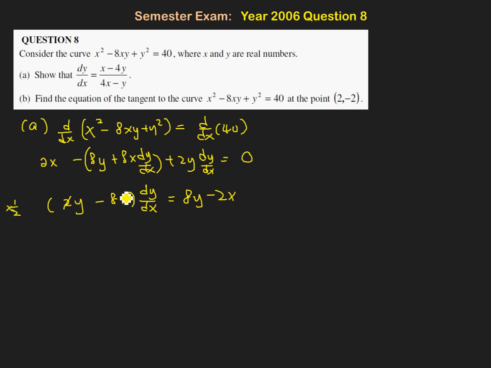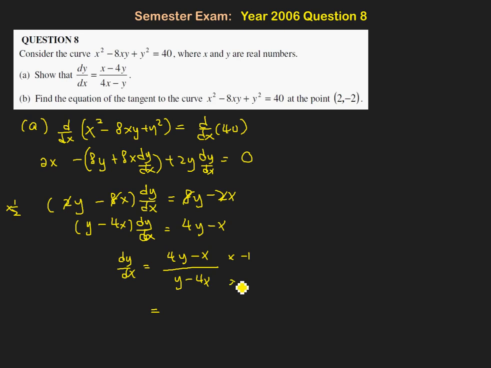You get this. And so finally, of course I can then multiply the numerator and denominator by -1, and I'll get x minus 4y, which is what is required of us. This is shown. Okay, now